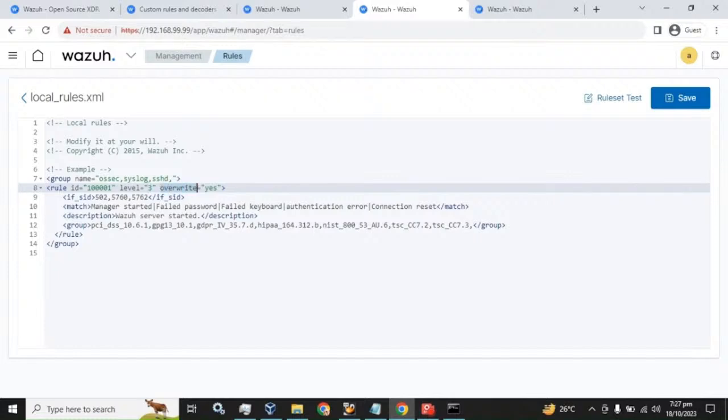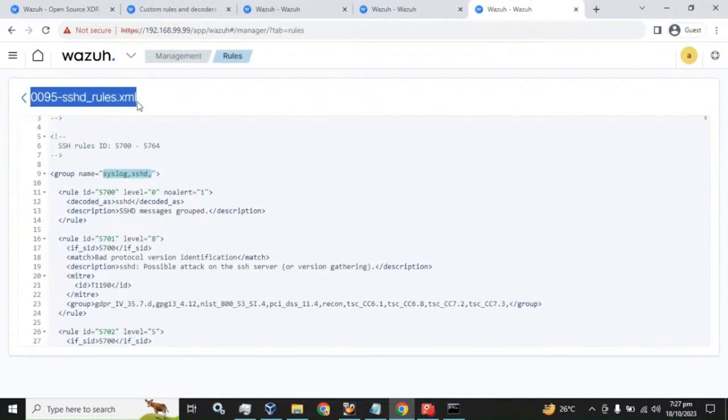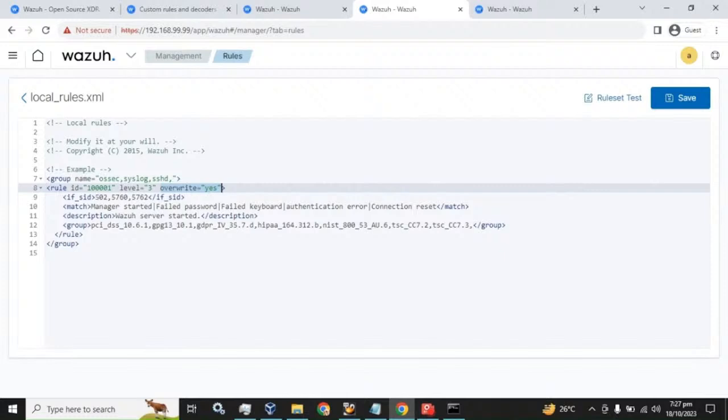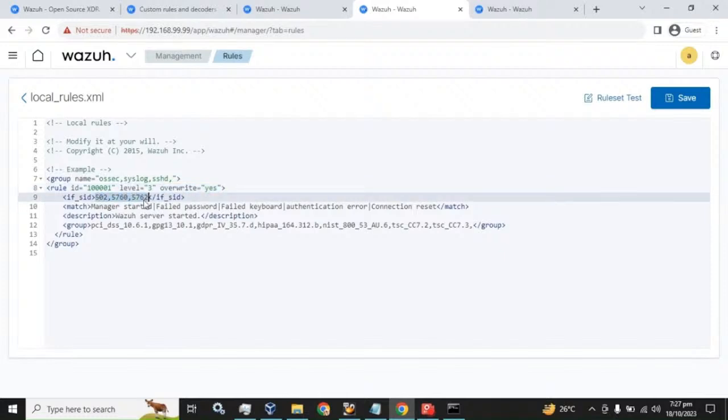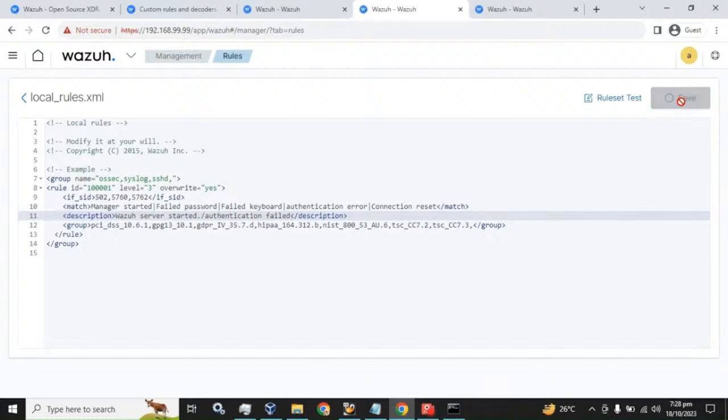And why we do this override, to override the default rules in the default configuration files like this. We are making the default rule IDs over here: 502, 5760, 5762, and it will match this piece of syntax. And we can change the description over here, you can write anything. Authentication failed for the time being. After this, we are going to save this configuration,